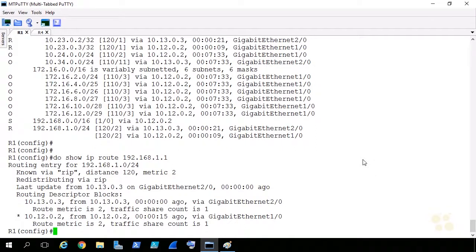So let's add a couple more. Let's add another route for 192.168.0, but instead of a 16-bit mask, let's use a 22-bit mask. So the command would be IP route 192.168.0.0. That's what the network looks like. And for a 22-bit mask, it'd be